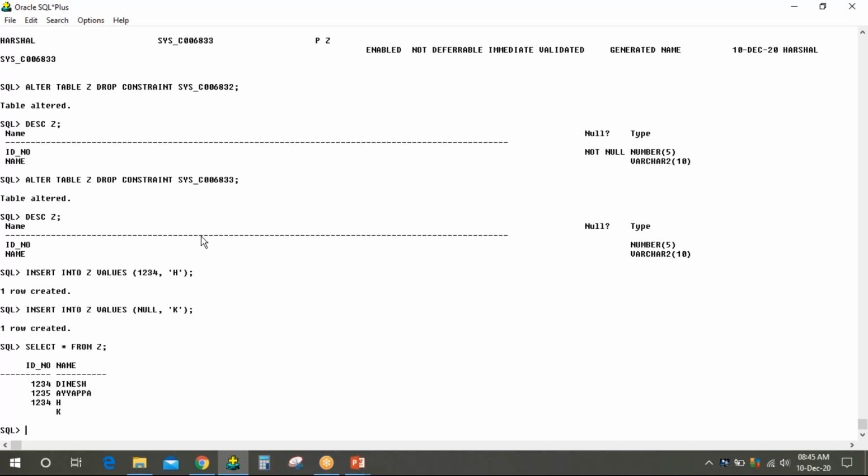And the same concepts work here also for disabling and enabling the constraint. That you can try at home, because we have already worked on that particular syntax with a different constraint. If you don't know, let me know. I will tell you how to do that. Okay, sir.